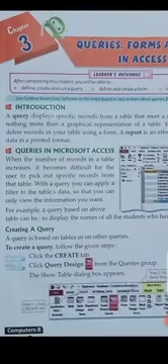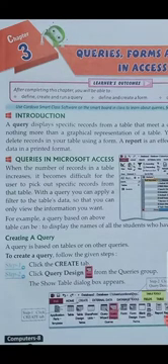How to make a query? Query in Microsoft Access. When the number of records in a table increases, it becomes difficult for the user to pick out a specific record from the table. With a query, we can apply a filter to the table's data. Means we have lots of records, 7th class, 8th class, 9th class and 10th class students. But we want to search only 7th class. So we give the specific record and specific data, 7th student. Then it will give 7th class students only. It is known as query.